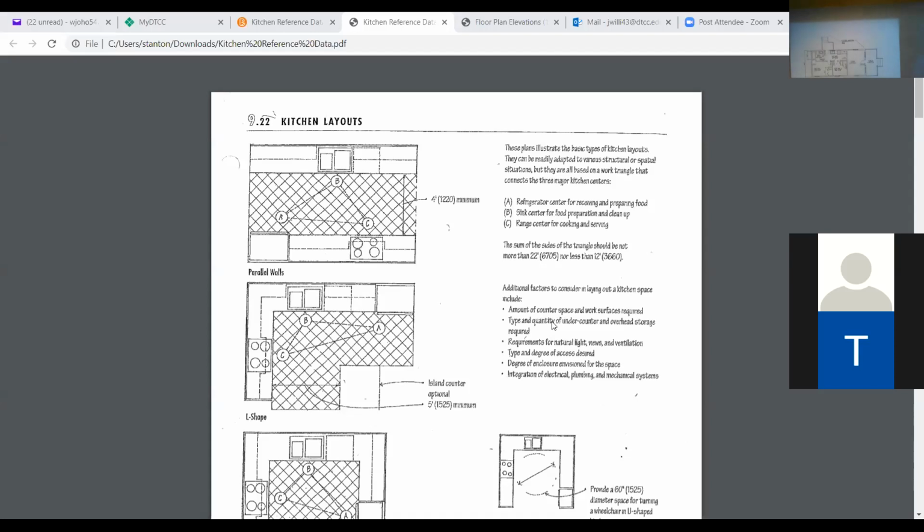The kitchen has typically 3 work centers: the sink center, the range center, and the refrigerator center. The connection of these three centers is called the work triangle, right? And the work triangle determines the efficiency of the kitchen design. We see here from this note that the sum of the size of the work triangle